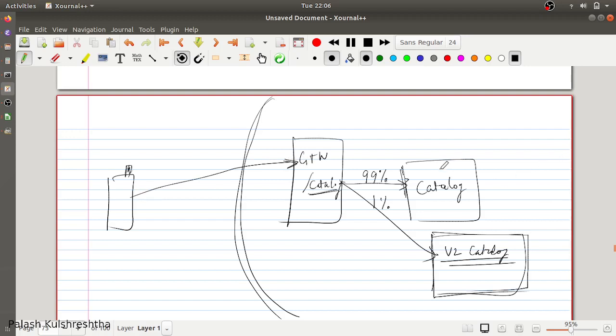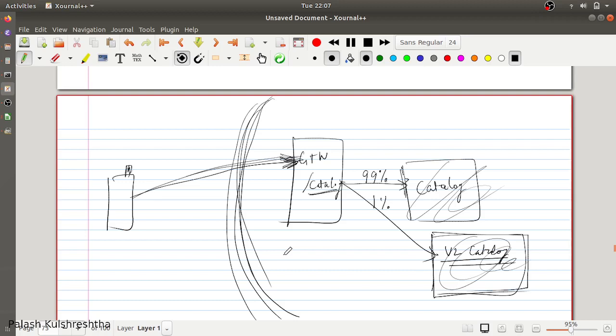So even if there are any changes in the catalog service or V2 catalog service, the client does not need any information regarding those changes, as long as the contracts for those APIs or interactions remain the same. So a facade or an adapter has been created across your infrastructure. That is one of the best advantages of having a gateway in your system.